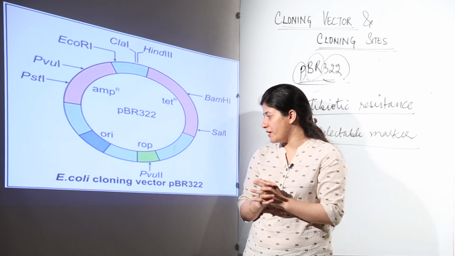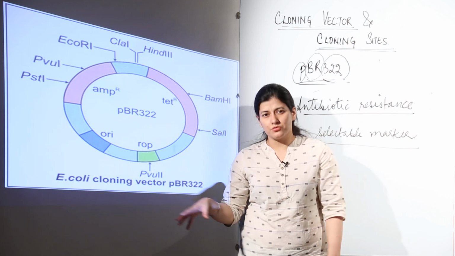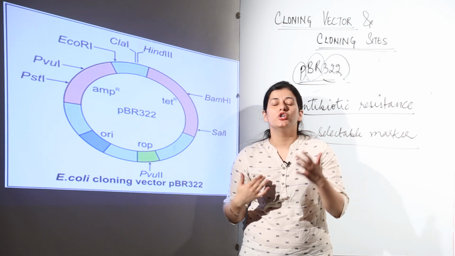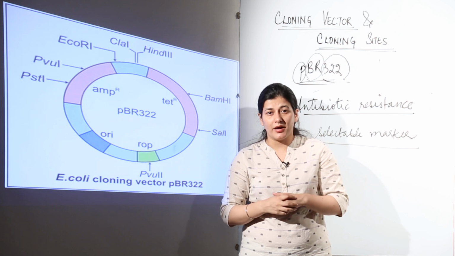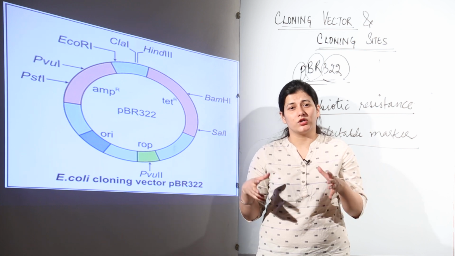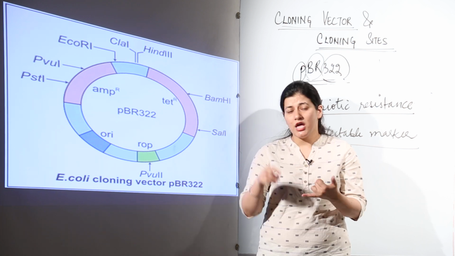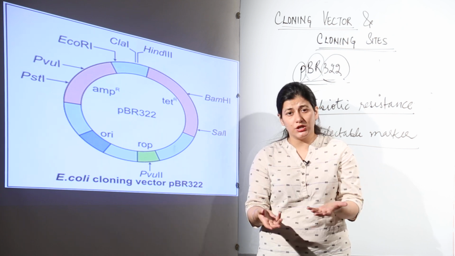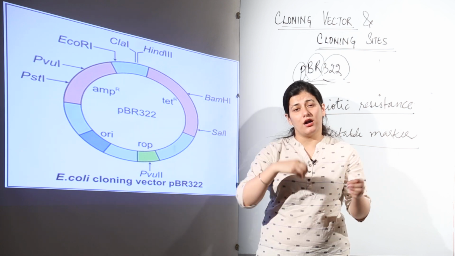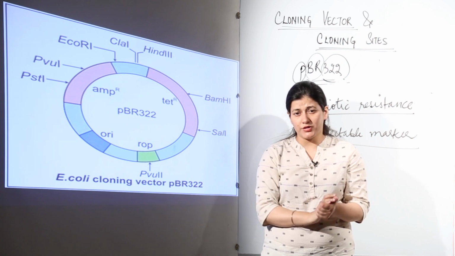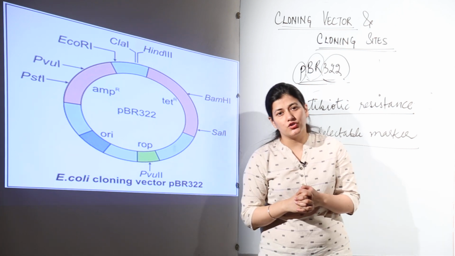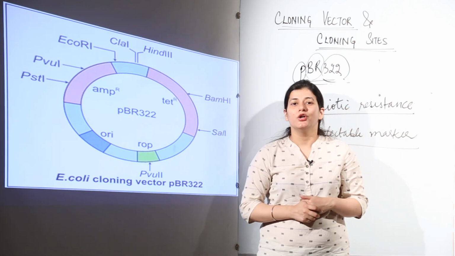So, this is what you have to remember when you study about PBR322. This is an important vector, that is why we have discussed. You have to remember the various sites. I would suggest you to practice this diagram so that it stays in your mind, and diagram practicing is never a loss. So, practice this diagram, understand the concept. E. coli did not have this vector, it was made artificially, it is used in E. coli. Every time we put 2 resistances into E. coli, but if we are aiming at transformants, then we should put the gene of interest. We should silence one of the ampicillin or tetracycline resistance and get to know which ones are recombinants and which ones are non-recombinants.